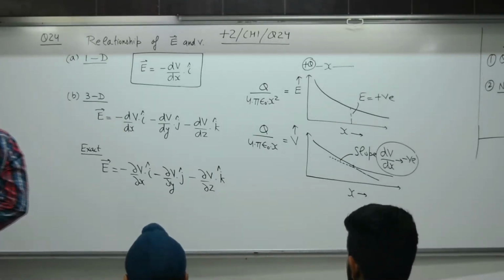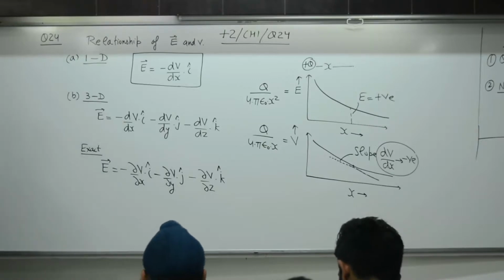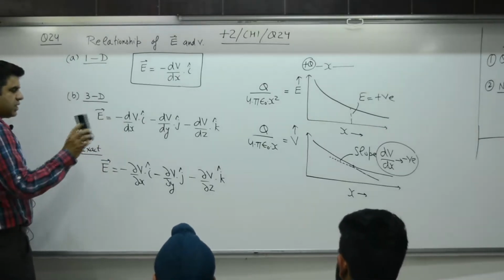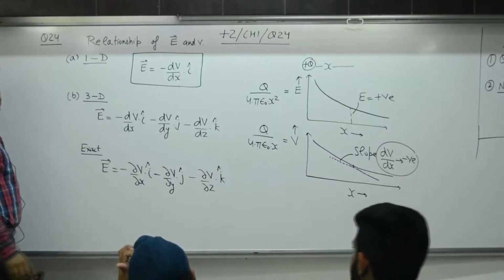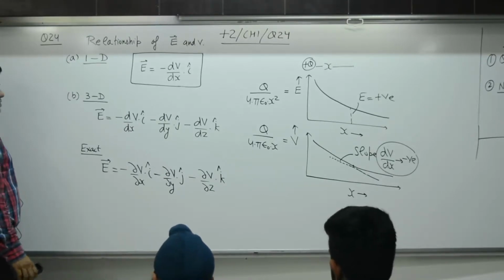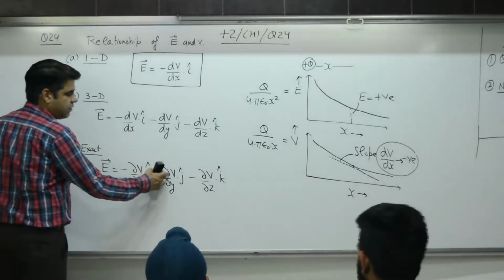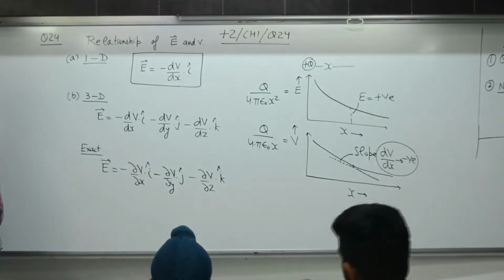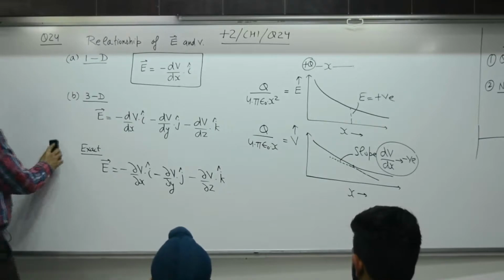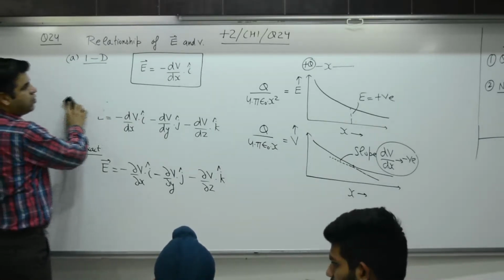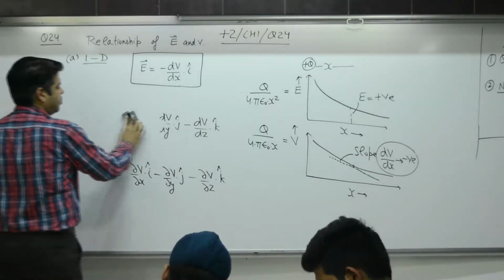For you at +1, +2 level, you can use these differentiation symbols, but in higher classes it will mean partial differentiation, curly x. And you can know ddx. This is termed as curly x of V, curly y of V and curly z of V. Okay? Refer to the numerical book, numerical number 11.